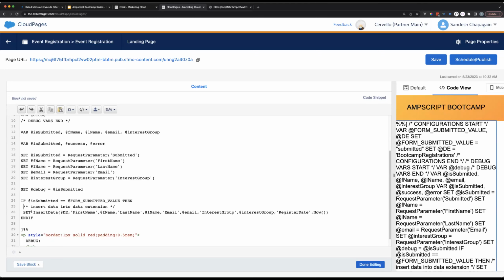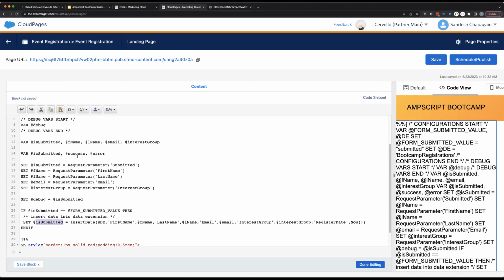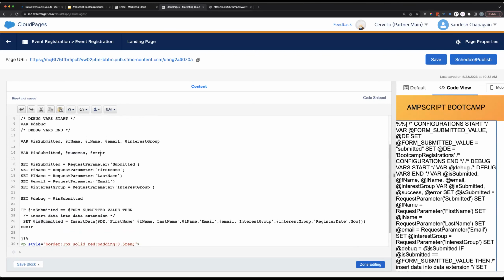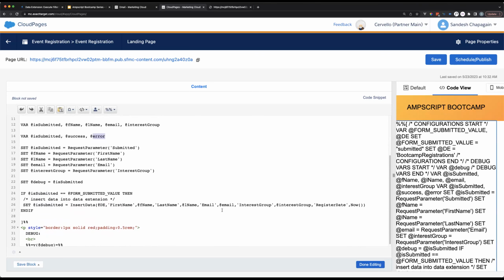Let's set is submitted. Like I said earlier, if this submits a row, then is submitted is going to be 1. And we can use that to test if we have successfully submitted something. And success and error, respectively, will hold success and error messages depending on how this goes.